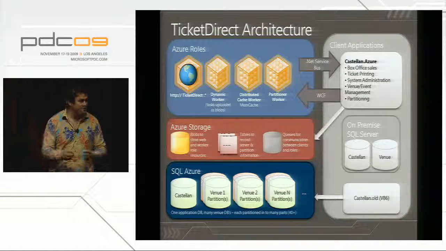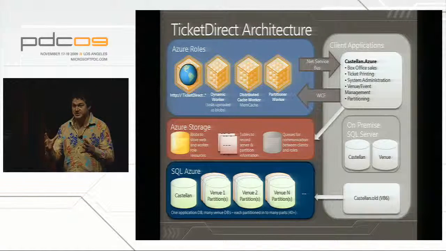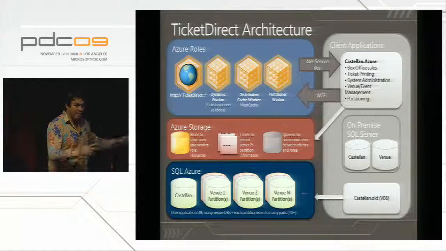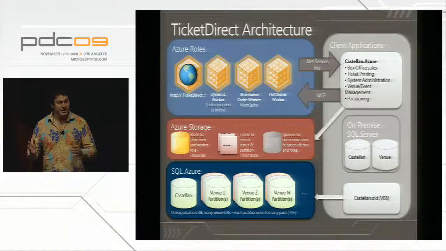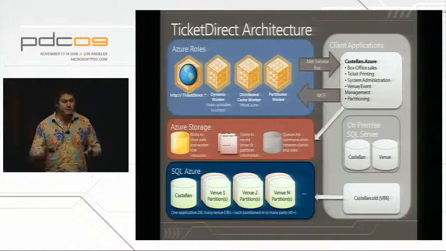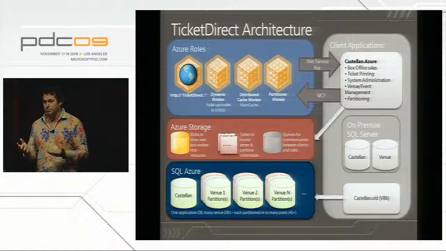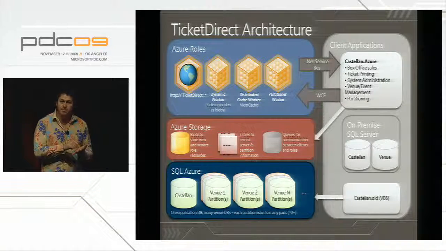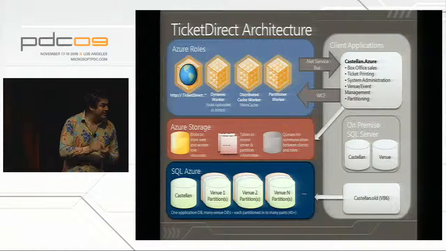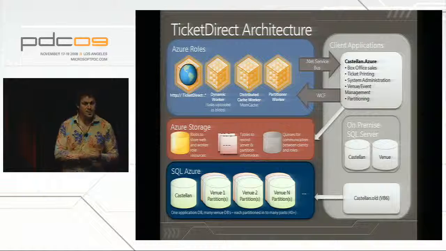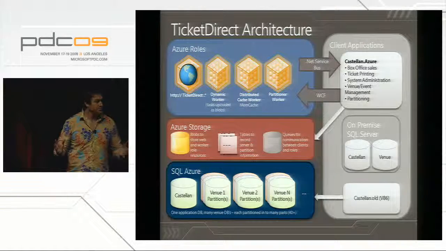And when you sell tickets, you want to do things like sell groups of tickets together. When you buy 5 tickets to go to the hockey with your friends, you actually want to make sure those 5 seats are together. So the folks at Ticket Direct have built up over time a bunch of intellectual property in SQL Server stored procedures for the high performance, transactionally consistent fetching of these blocks of seats. But of course, that scale is the problem.